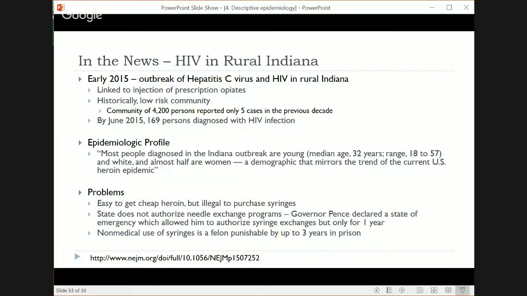And the other problem in rural Indiana is that non-medical use of syringes is a felony that's punishable by up to 3 years in prison. So it's sort of discouraging people from coming forward if they are using. When you make something like non-medical use of syringes a felony, then it actually harms public health, because people who are drug users might be less inclined to test for HIV because they don't want doctors to know